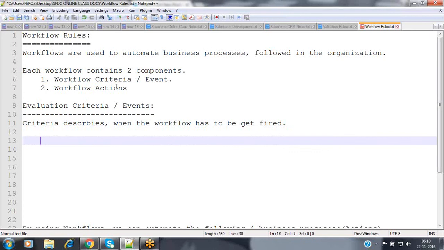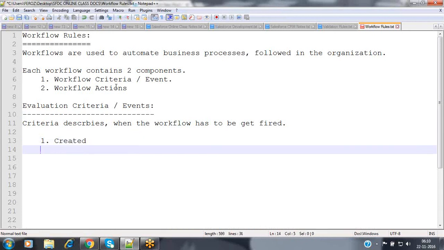So when coming to the criteria here, we have three criteria available for the workflow. The first one is created. The second one is created and every time edited.